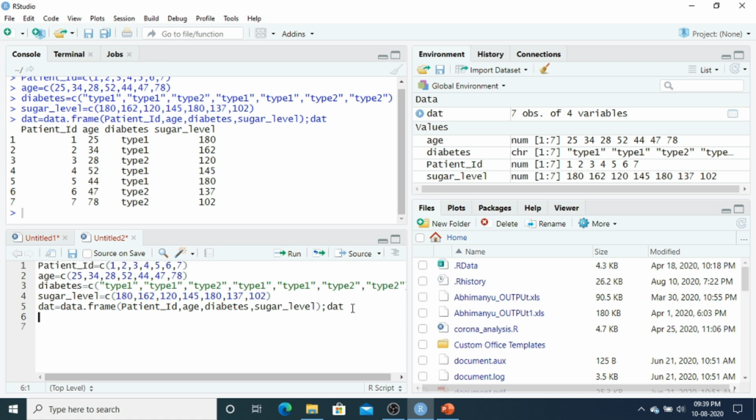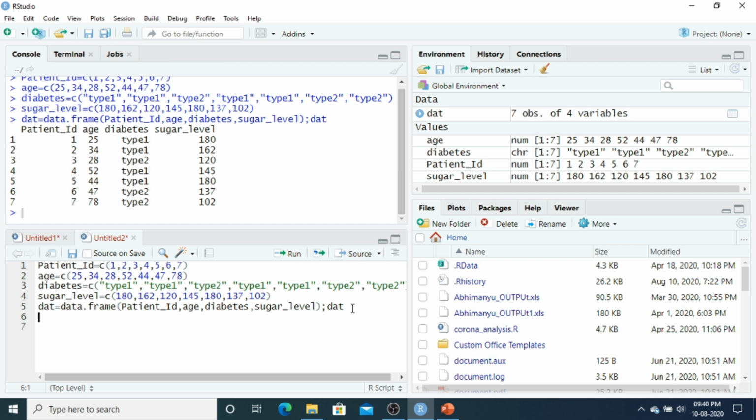Suppose the data is in the form of an Excel sheet. Most of the time you will find data in an Excel sheet. How can you call that data into your R software? Once you import your data, you can use it for analysis, or apply all your statistical tools or models or any kind of computation and manipulation. But importing data is important.